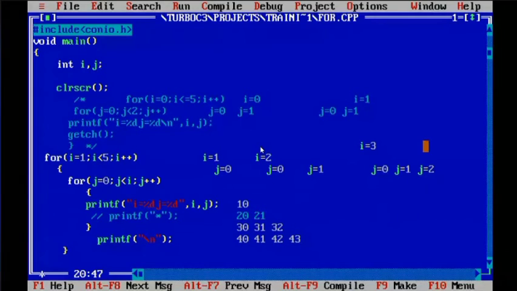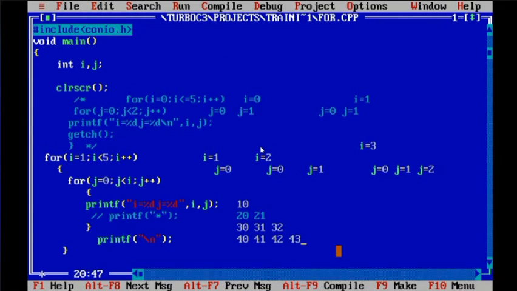Now, can you understand that when i is 1, only 1 j value, i is 2, 2 j values, i is 3, 3 j values, i is 4, 4 j values. That's how we have adjusted the loop. Clear?